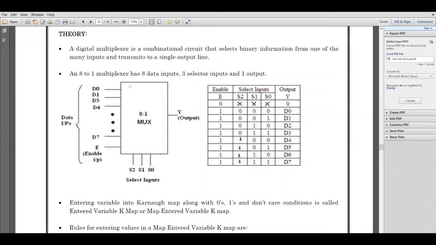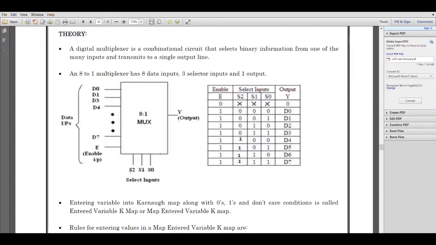What I mean to say is, one among these data inputs will be selected by this multiplexer and sent to the output side. No processing happens here. Whatever data comes inside is sent as such to the output side. But the selection of the data from the input side is guided by the 3 selector inputs present here, S0, S1 and S2. As I said, the number of selector inputs depends on the data inputs. As there are 8 data inputs, I need 3 selector inputs, that is 2 to the power 3 is 8.